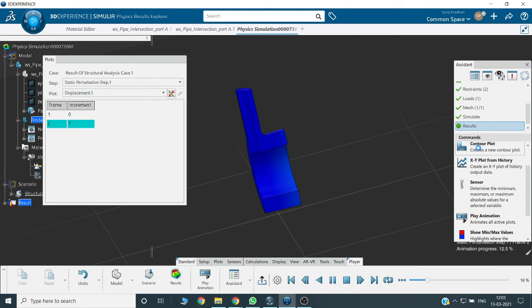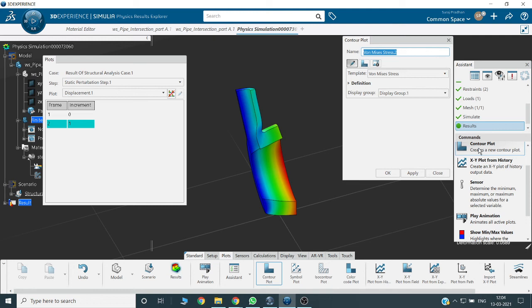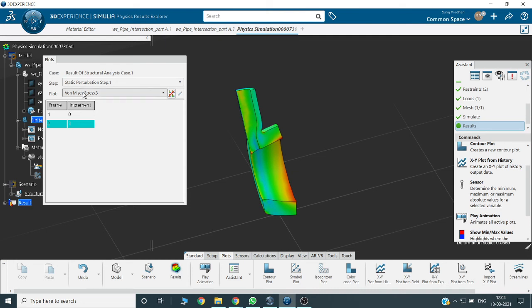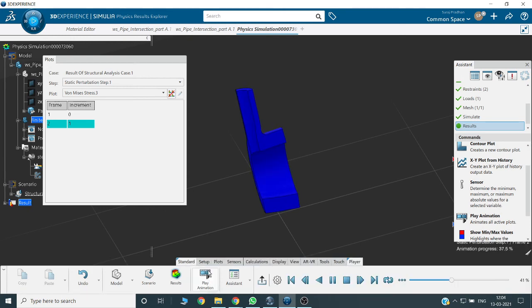If you want to plot the contour also, it is possible. So plot the contour, apply. In that, last one stress, plot the contour, play animation.